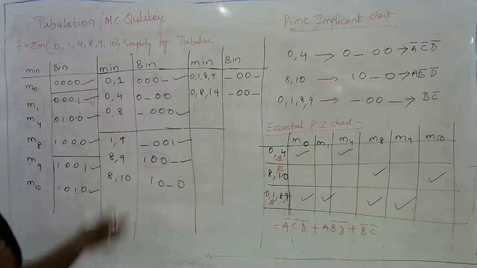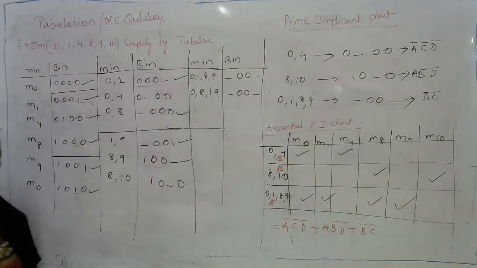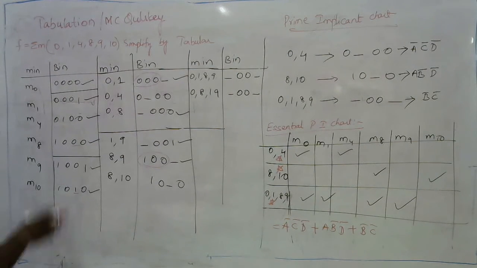Once you have finished with the starting minterms, similarly we need to compare the blanks also. If the blanks are in the same position and there is a change in a single bit position, we need to write down the same. We need to continue this process until we are unable to make the next partitions. The second step is that whichever terms are not given a tick mark, all those terms are called prime implicants.